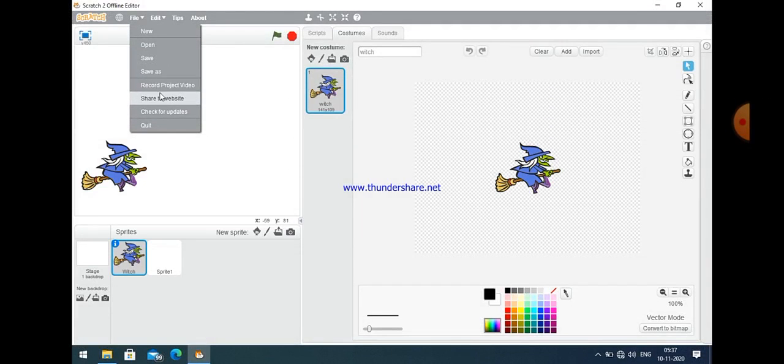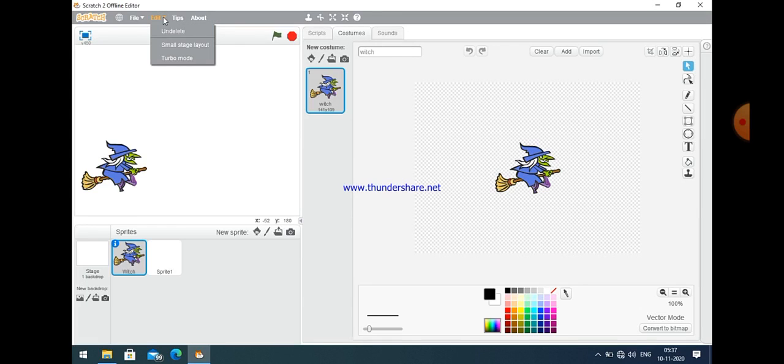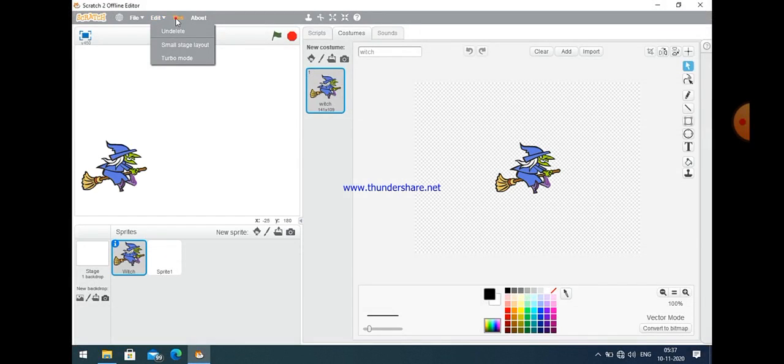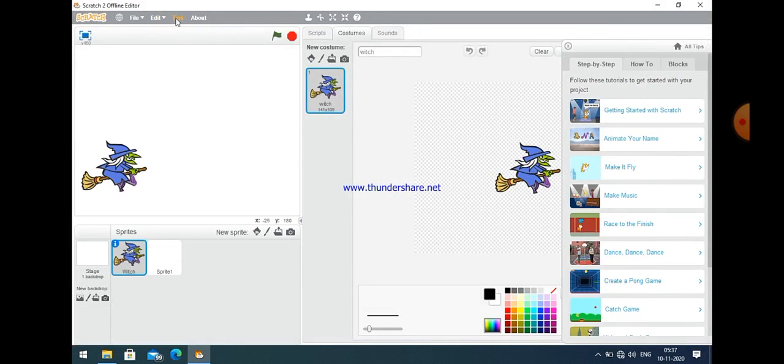Then share to website, you can share it to your website. Quit option is also there. Then in edit, all the different options are also available, such as undelete. Okay, small stage, and then tags,